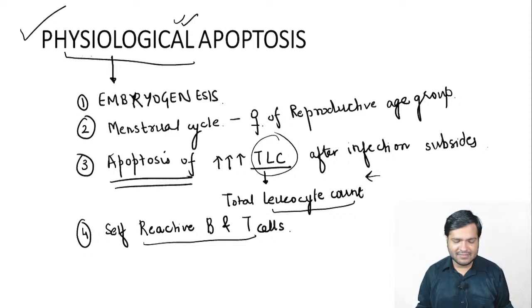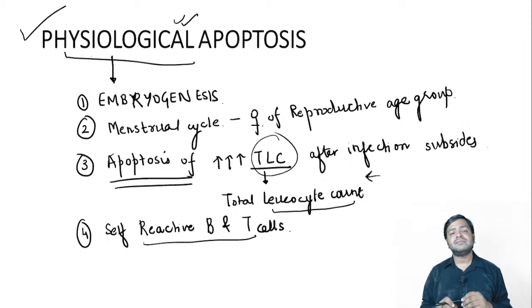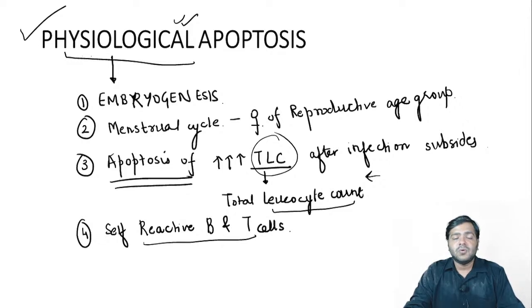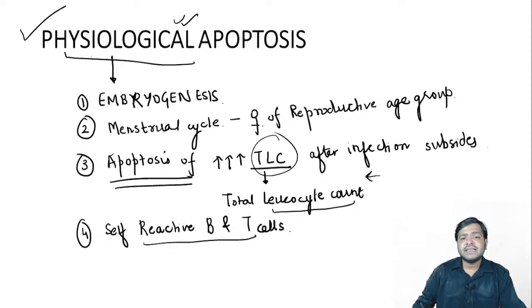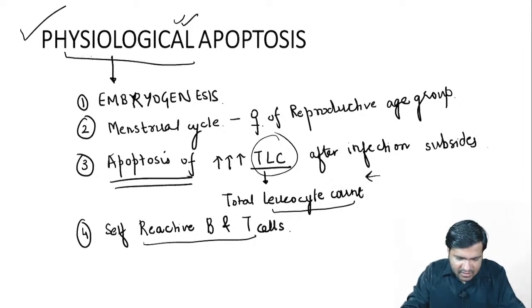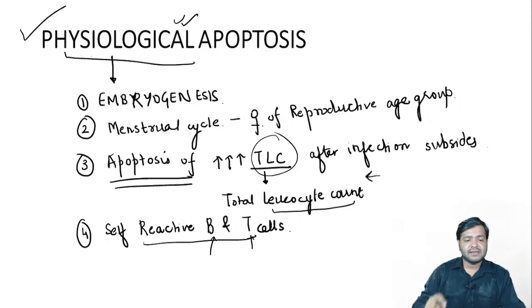WBCs, B cells, T cells, bone marrow, thymus. Yeah, bone marrow and the thymus. Yes. Lymphocytes. Now what happens, guys? There are certain B and T cells. If due to certain mutations or something like that, if B and T cells are like, okay, we have much more answers in the chat box. Yeah, Kanchandeep, it's right. If right, perfect. Now what is happening if there is a B and T cell which is like infecting our